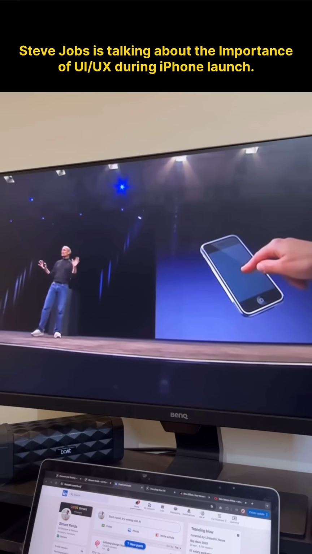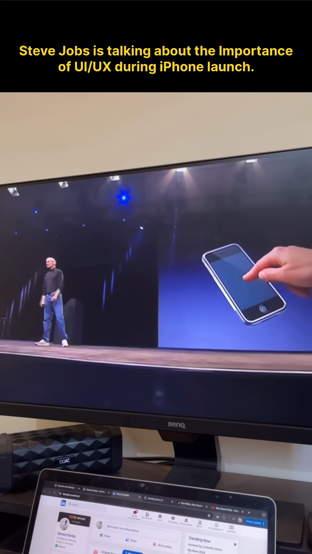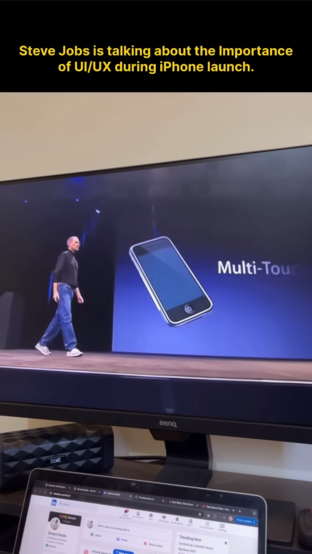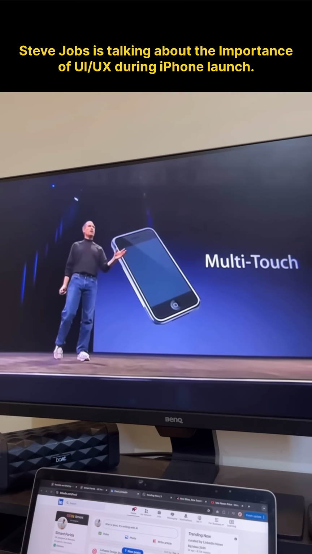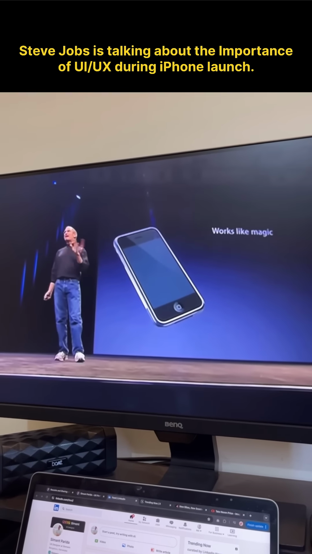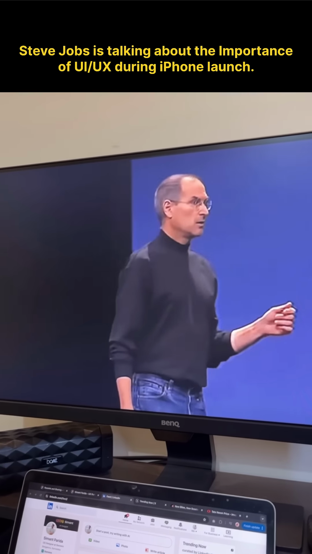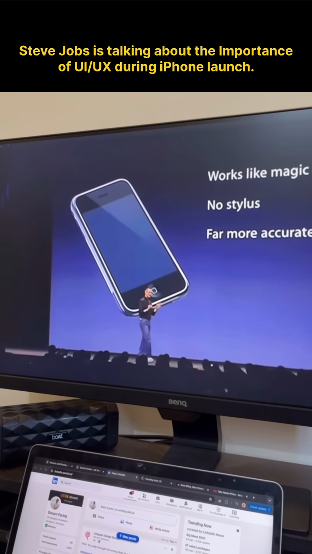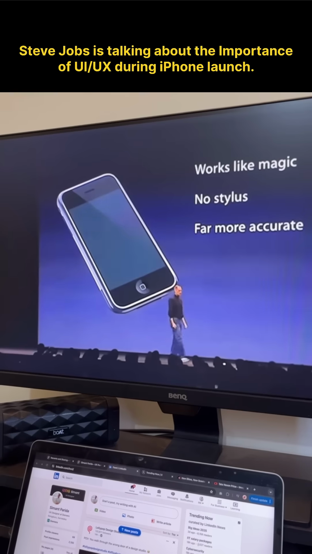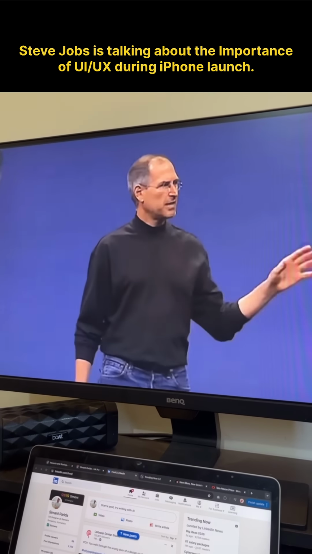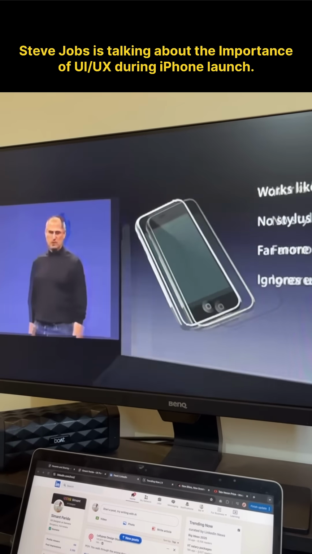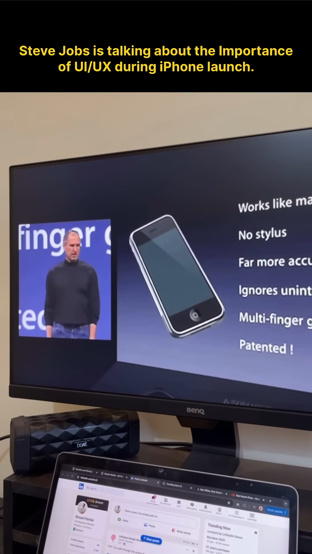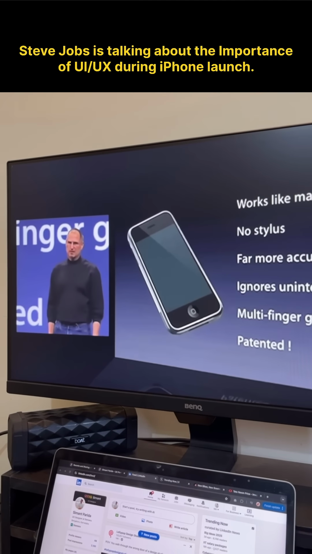We're going to use a pointing device that we're all born with. We're born with 10 of them. We're going to use our fingers. We're going to touch this with our fingers. And we have invented a new technology called multi-touch, which is phenomenal. It works like magic. You don't need a stylus. It's far more accurate than any touch display that's ever been shipped. It ignores unintended touches. It's super smart. You can do multi-finger gestures on it. And boy, have we patented it. So,